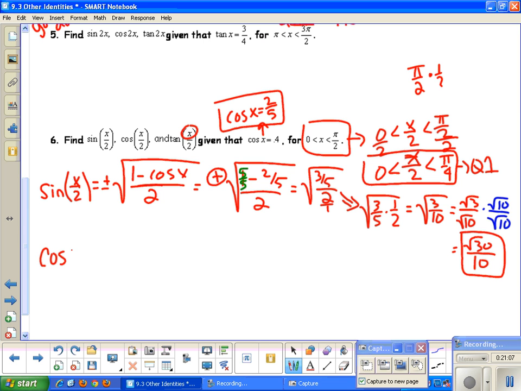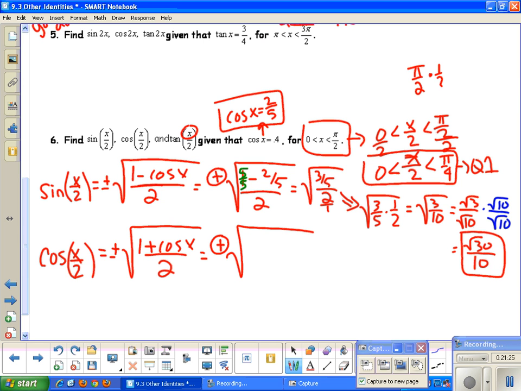Now if I want to figure out my cosine half angle, my cosine half angle, again, is plus or minus the square root of 1 plus cosine x over 2. So again, I don't have to figure anything out because I already know what the cosine of x is equal to. I know I'm in quadrant 1, so it's plus the square root of 1 now plus 2/5, because that was the cosine of x, all over 2. And now I just need to use my algebra in order to help me simplify this. I'm going to use a different color so we don't get messed up with the other one. So this would be 5 over 5. So this gives me the square root of 7 over 5 divided by 2 over 1,